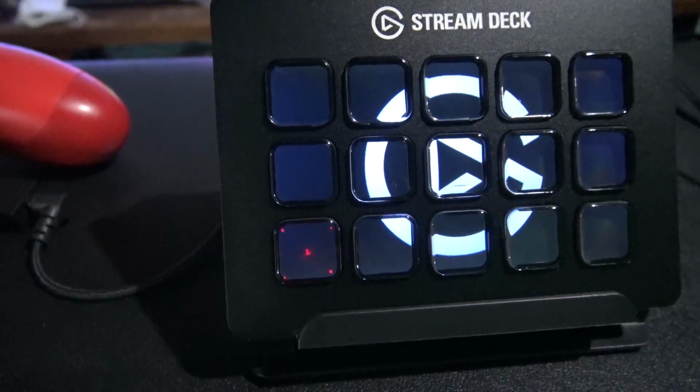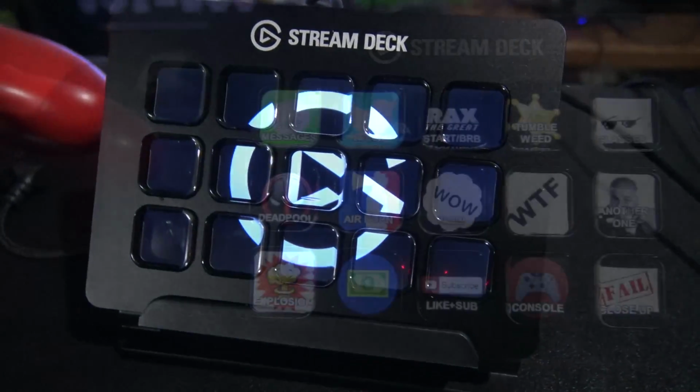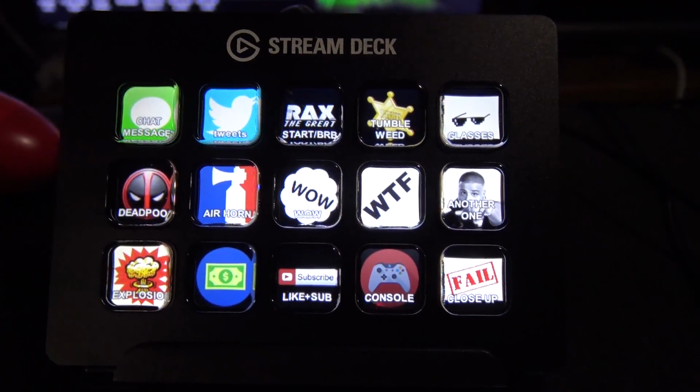On the front of the Elgato device, you will see that it has 15 buttons. Each one is backlit, and it is really cool because you can customize the pictures on each one of these keys, and also you can create folders on each one of these keys as well to basically give you more options available to you. Now, what I mean by this is basically if you press one key, it will open